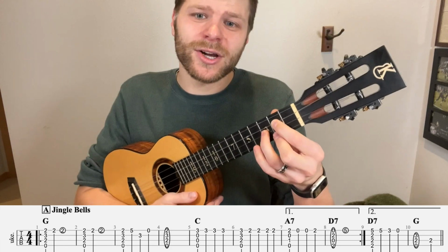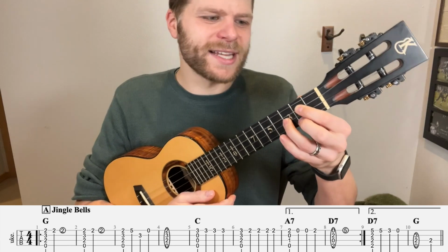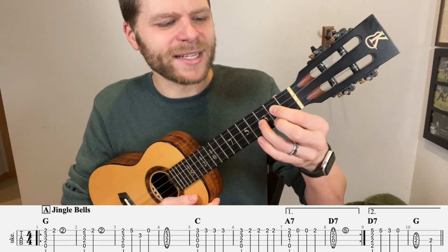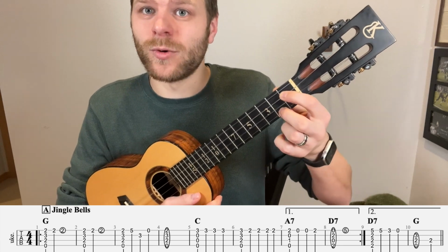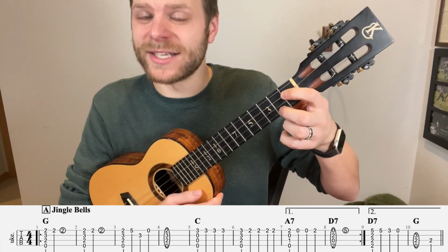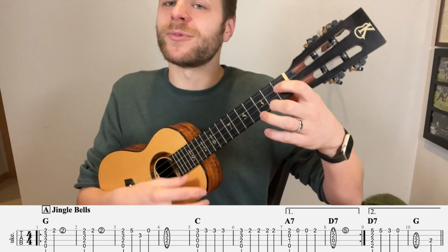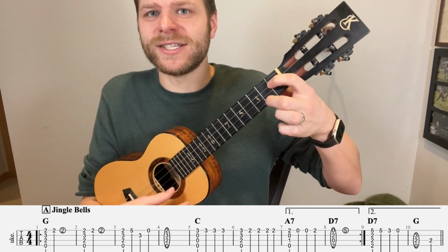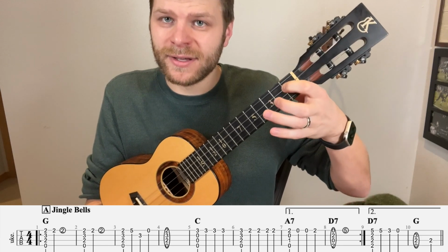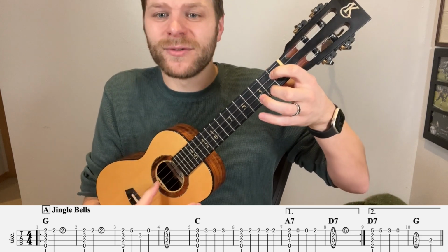And then from here, we go on to an A7 chord, but it's not a normal A7. It's got an extra note in it for the melody. To do this, take your ring finger off, take your index finger, slide it down to 1, and leave your middle finger where it was on the 2 on the A. So we have 0, 1, 0, 2. And we strum through all 4 of those. And then we're going to play open on the A twice, so take that middle finger off. And then we're going to add it back on. So we have...